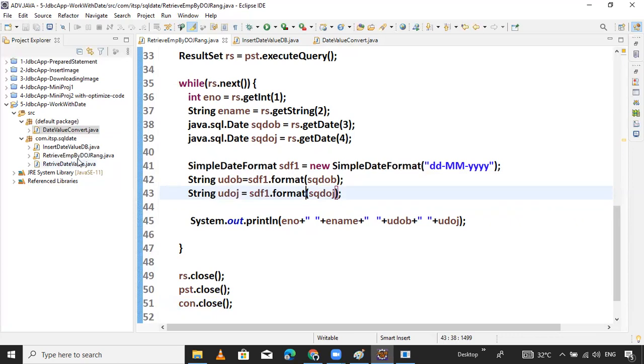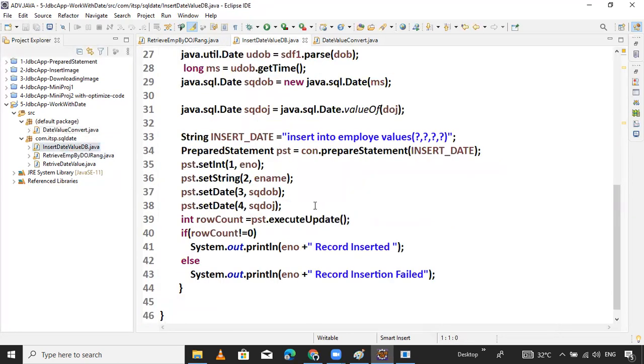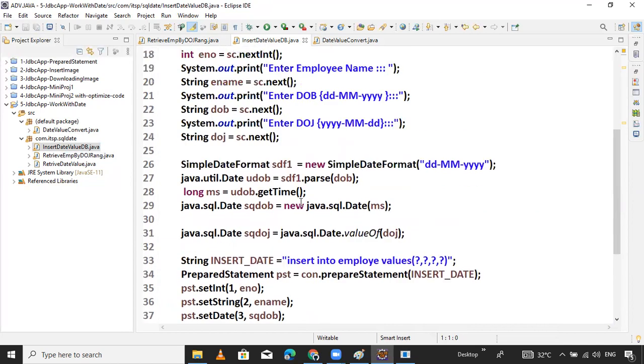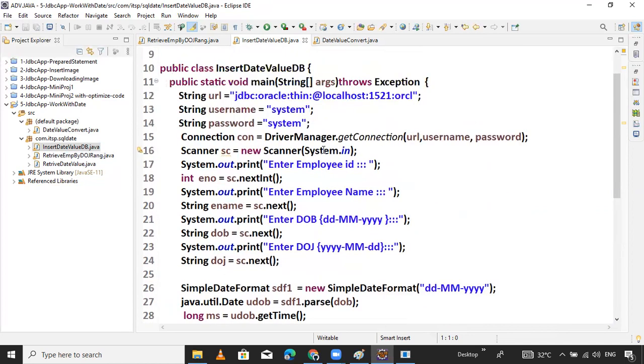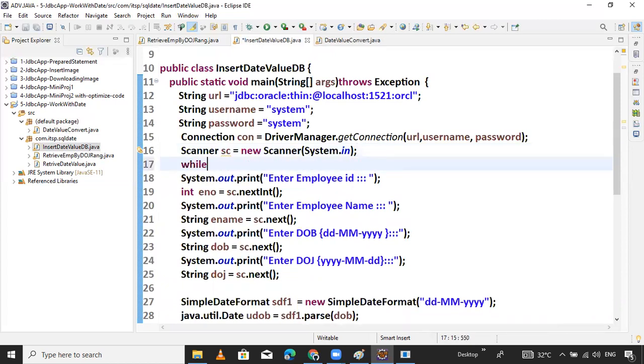We want to insert some more records. So let's execute this, Control F11. This is the insertion part. We want five records, so it is better to use a while loop.